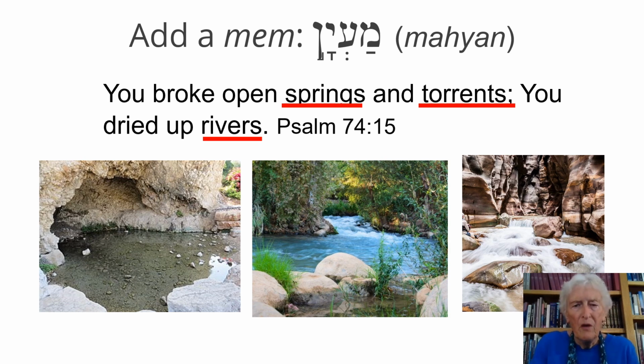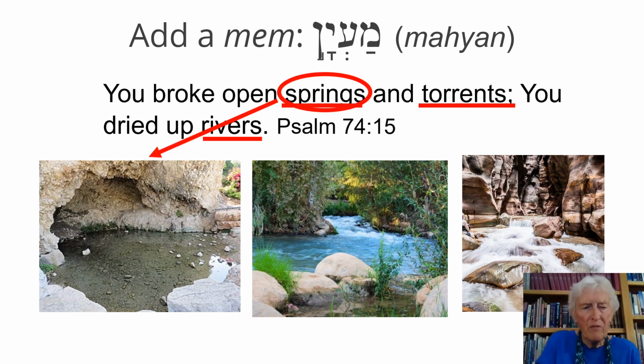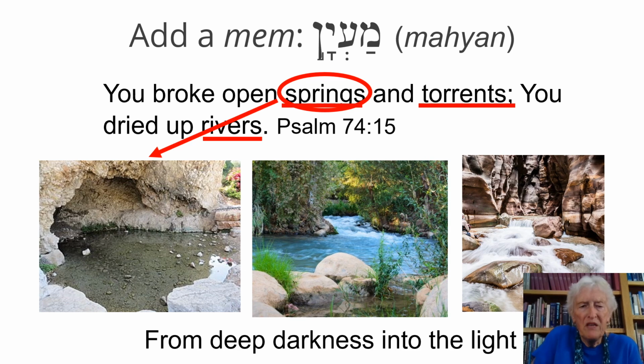So the spring is important because it's coming from deep underground. By the way, that's there today. You can go there today, and it's a park. And when I went once, it was in the summer, and a lot of people were there in the park. They had their picnics. They were enjoying it. And it was kind of fun to be there with the Israelis to enjoy that spring, coming out from the depth of the ground. So the springs, that's our word, Mayan, and the springs coming up from the depth of the ground, from deep darkness into light. Okay, because it's coming from the depth of the ground.